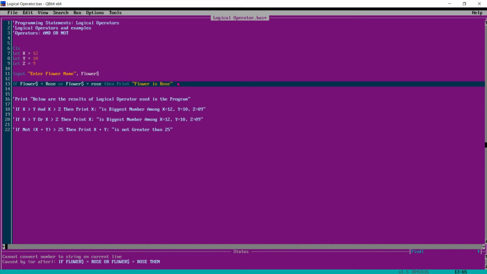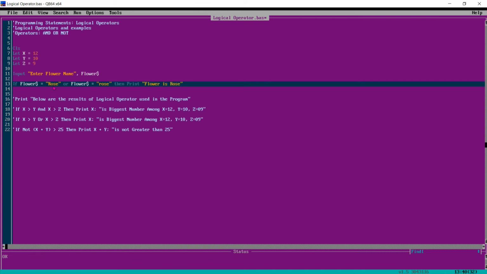Okay, here it is showing some error. Why? Cannot convert number to string, caused by if flower. So here we have to use double quotes.